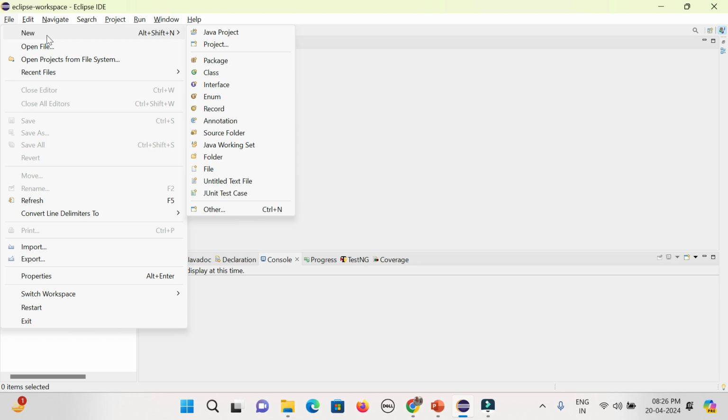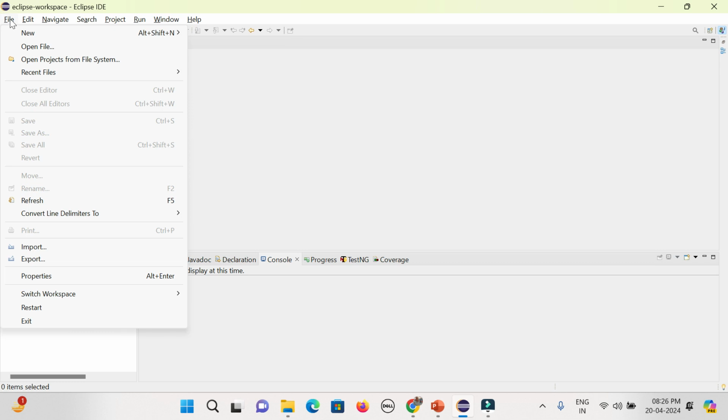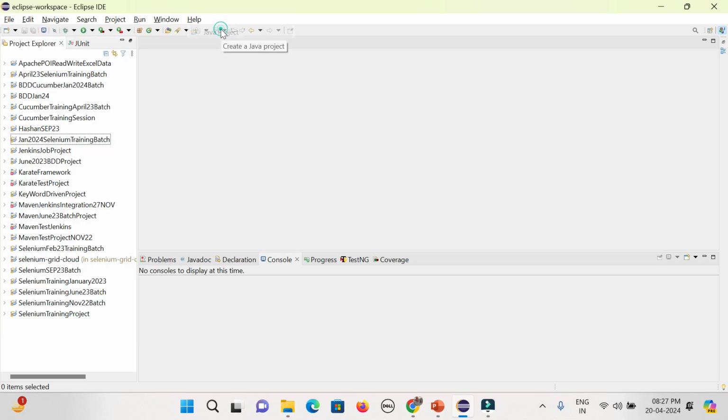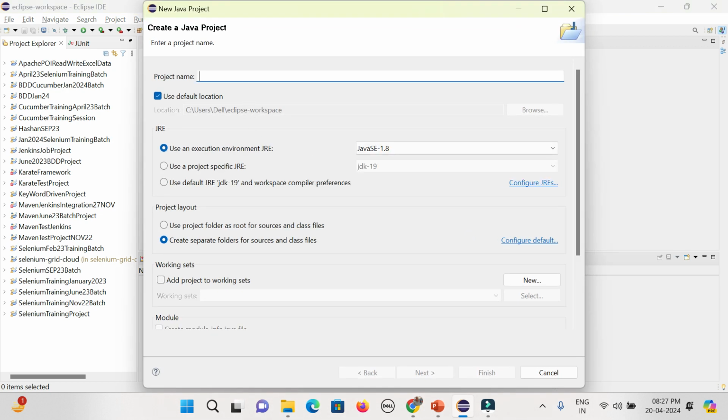But with a Java project, you definitely need to create the project, maintain a lot of folders and other stuff, and then you need to associate the jar file manually every time. So there is File, New Project, or Java Project, you can click it. Here you need to give some name, say Selenium